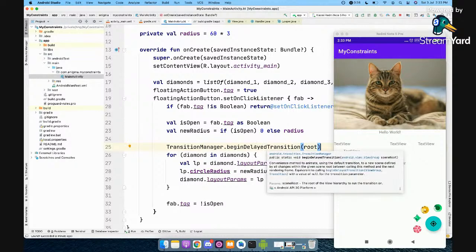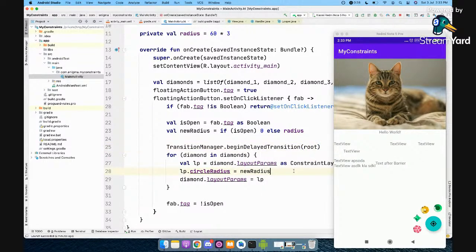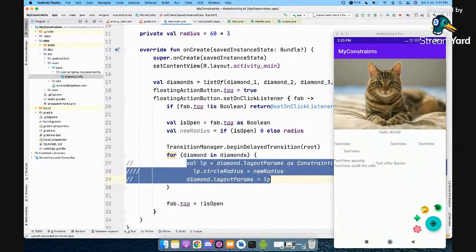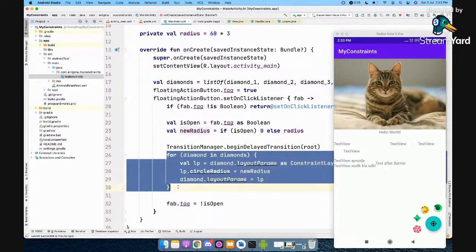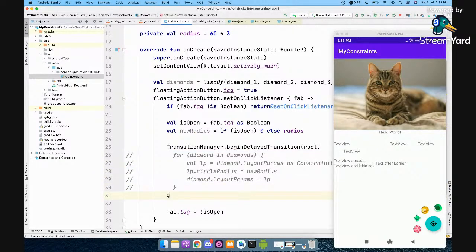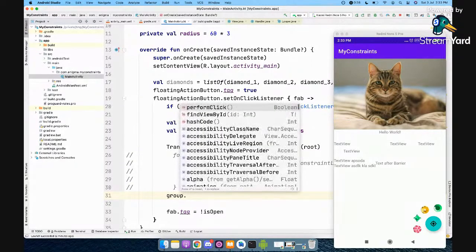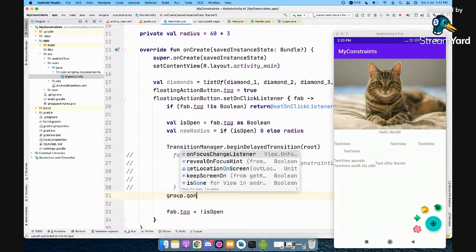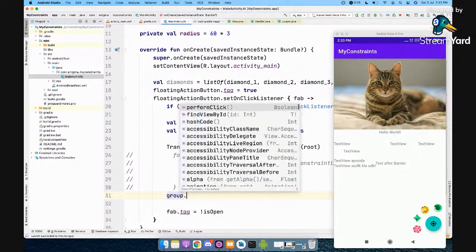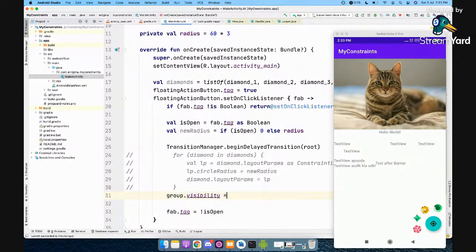What about visibility gone, or visible, for views only? Maybe, again, we'll have to try. It will infer a few things. Like, what I'm trying to do, let's say, is not change the radius. I don't do any of this. I just do, let's say, gone. I have my group, right? Group dot gone, it's for visibility. It's open.